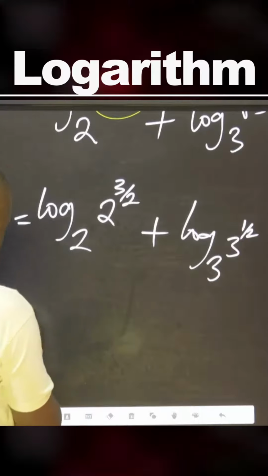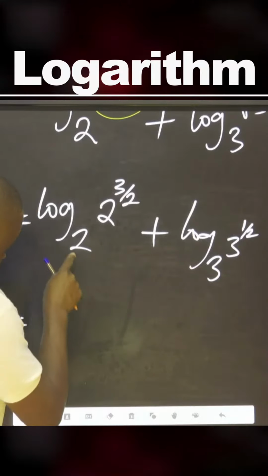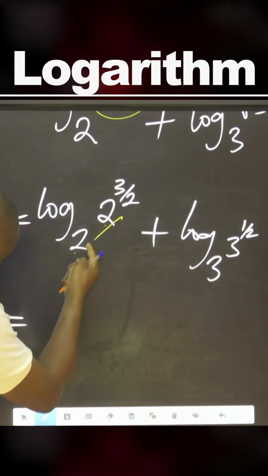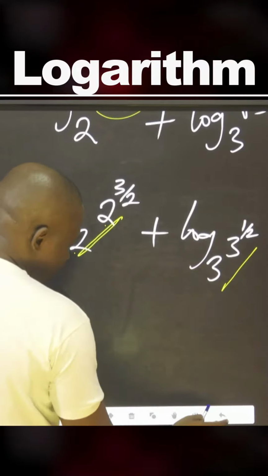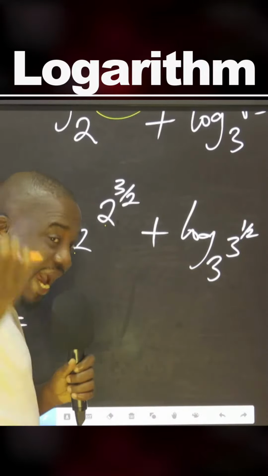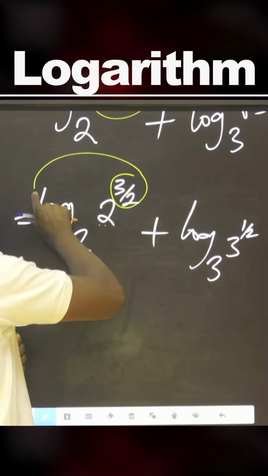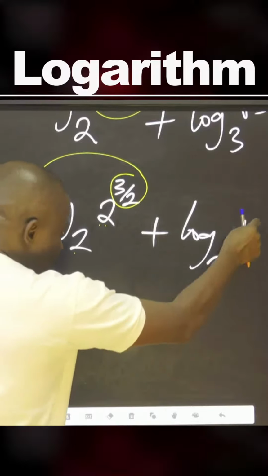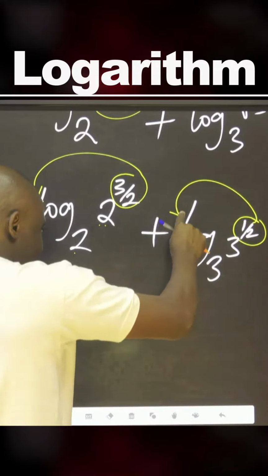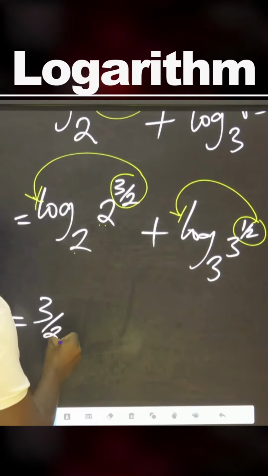And I've told us in one of the laws of logarithm, when you see this like this, because I know that these are similar, okay? So what I will do, I will apply that law that says, if you see 3 things like this, this can excuse and come to the back of this log. This can also excuse and come to the back of this log. So we have this,